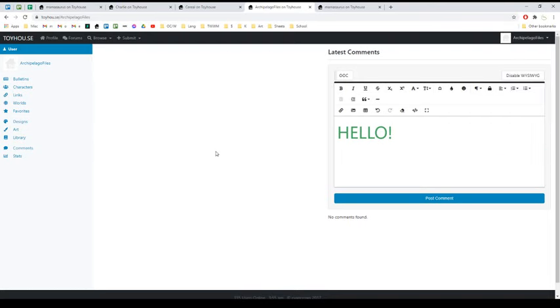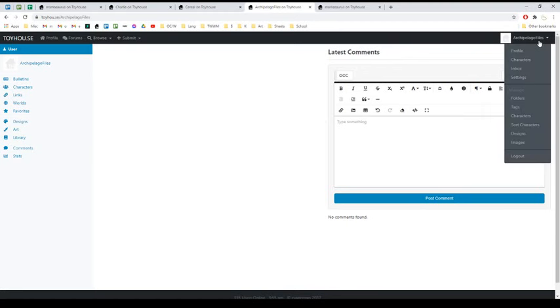So here I have made a blank Toyhouse page, and this is what it will look like basically when you first sign in. This is your home page, this is your profile, right here. You can go to settings,